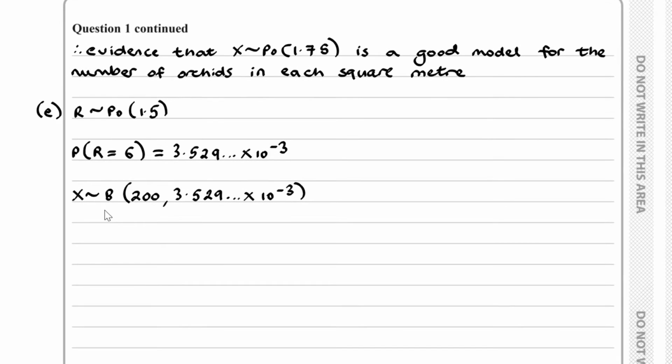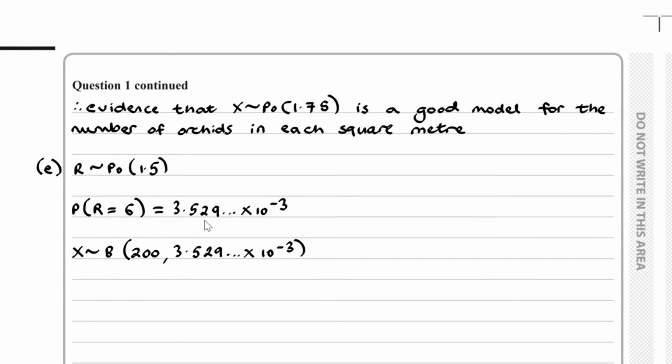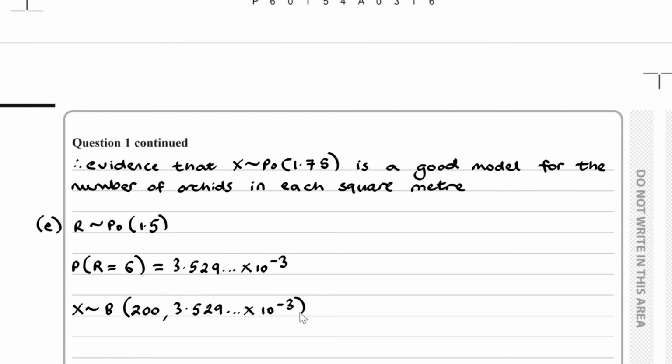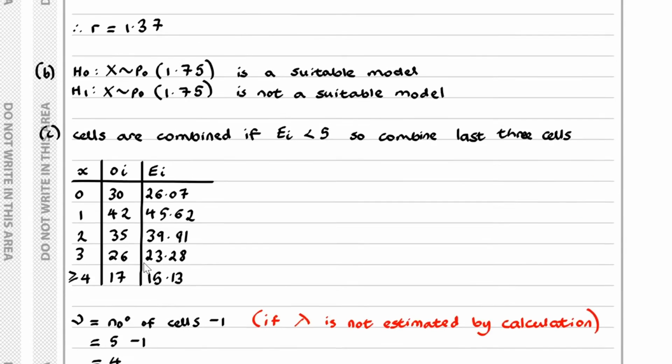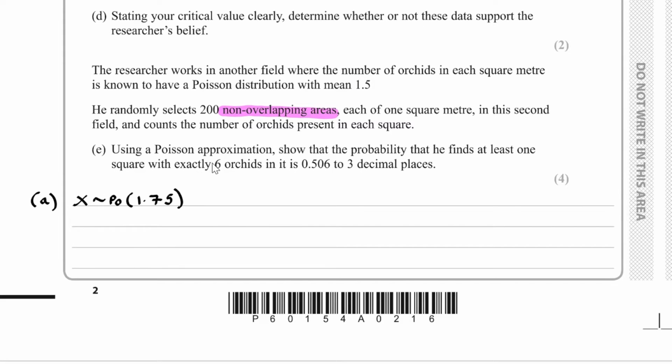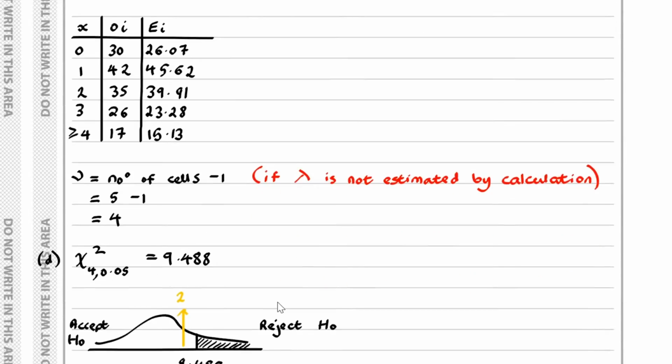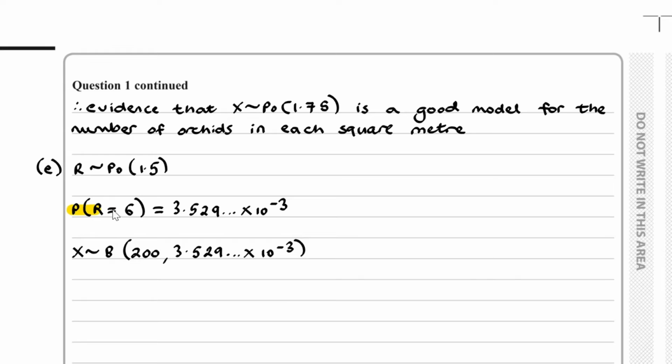So with this binomial distribution, we can find out the mean from here, and if the mean is close to the variance, we can create another Poisson model to approximate this, okay? And to find this probability over here, this probability is just the probability of selecting exactly 6 orchids, okay? And we want to find at least 1 square with exactly 6 orchids. So this over here simply is what we have over here. Okay,